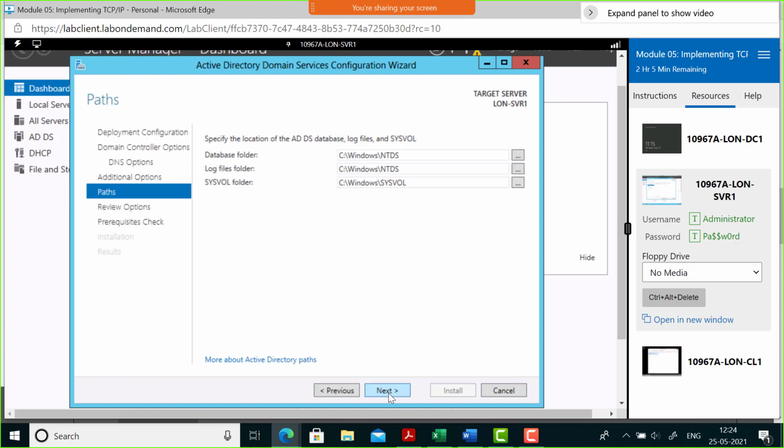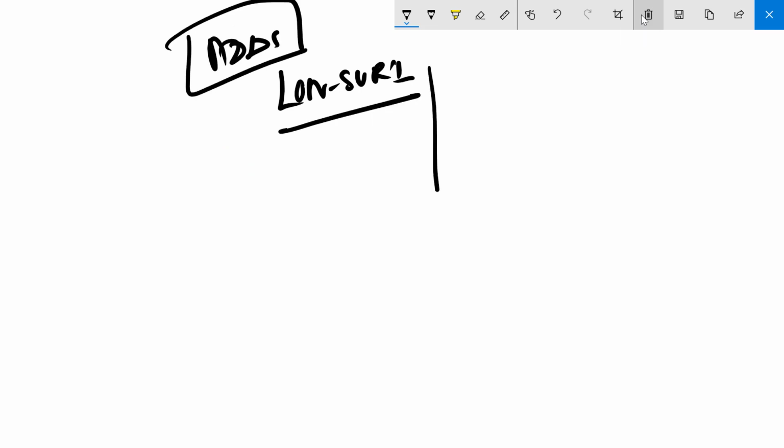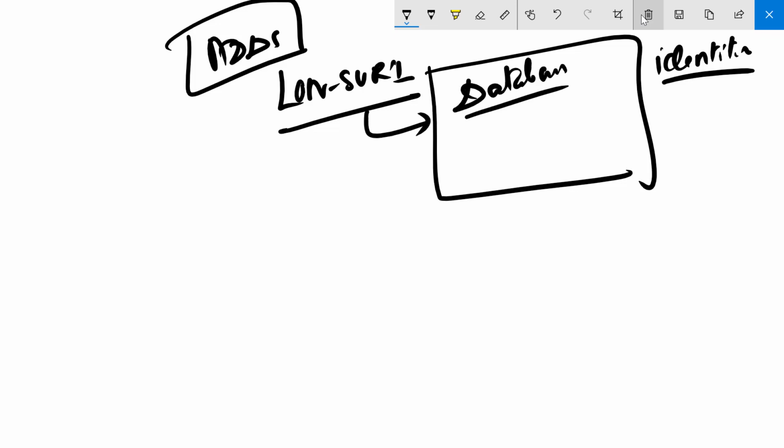Yes. You see something known as a database folder. You see something known as a log folder. What is this database? What are we doing? We're installing a component called ADDS. Why are we doing that? So we can have everybody's identities stored on this server, isn't it? Those identities will be stored in a certain database. Exactly, right? So the default path